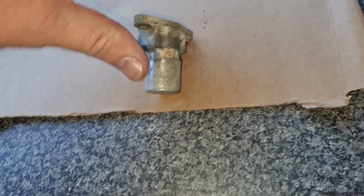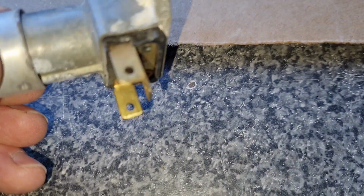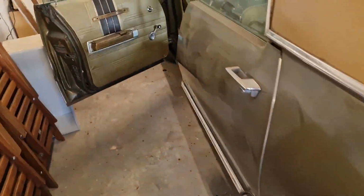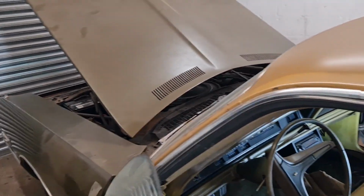There you go, wants to stick. So just a bit of the old white sort of powder corrosion, as it were, in there. So give that a free up. What else? I've done the headlights. I've got the